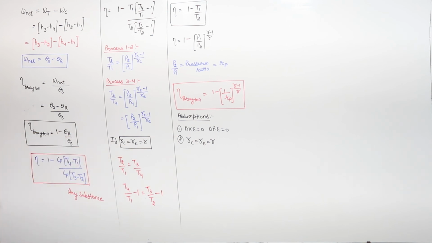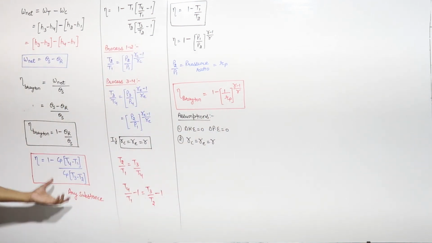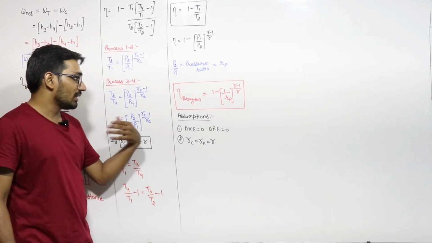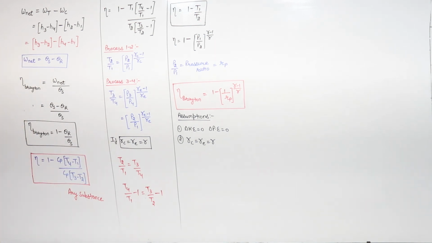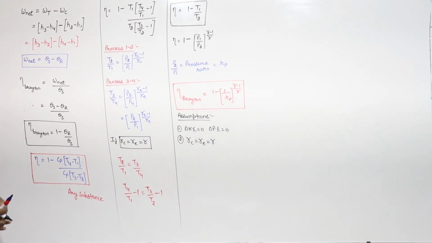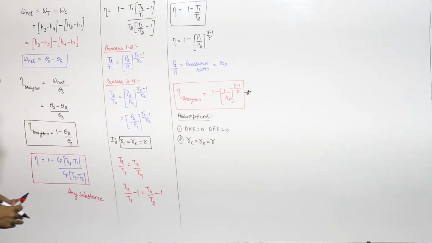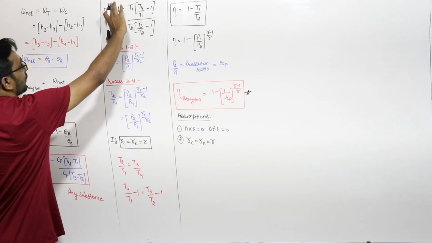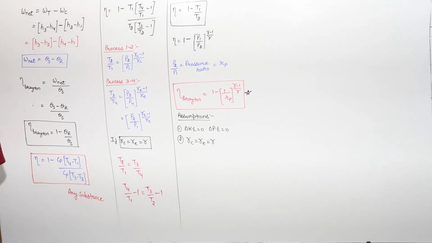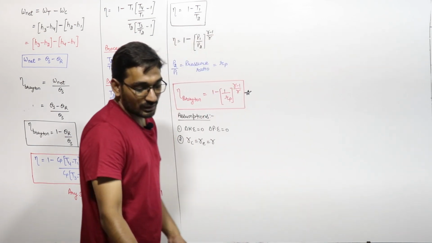So these are the two assumptions, and this can be valid for any substance, because we are not taking any condition of ideal gas, so that can be applicable for any substance. But this must be valid: gamma C will be equal to gamma E, and that is equal to gamma. Then only you can write efficiency of the Brayton cycle like this. If the gammas are different, then you have to solve from this equation further. You cannot write the efficiency of the Brayton cycle like this, 1 minus 1 upon Rp raised to power gamma minus 1 upon gamma, right?